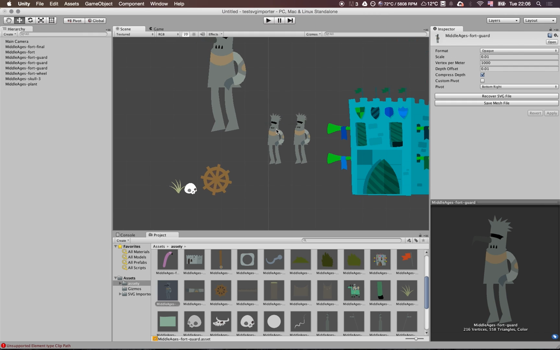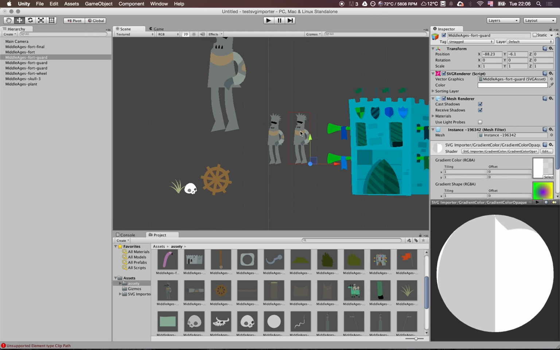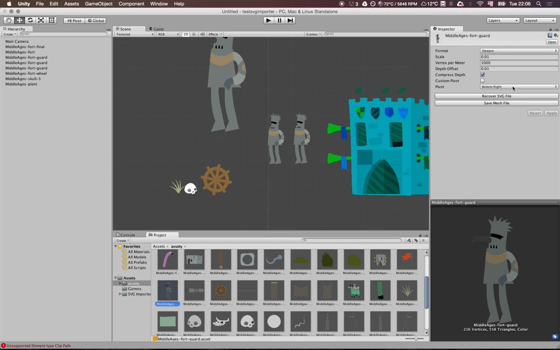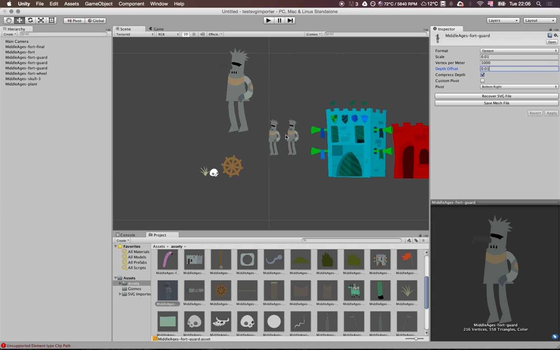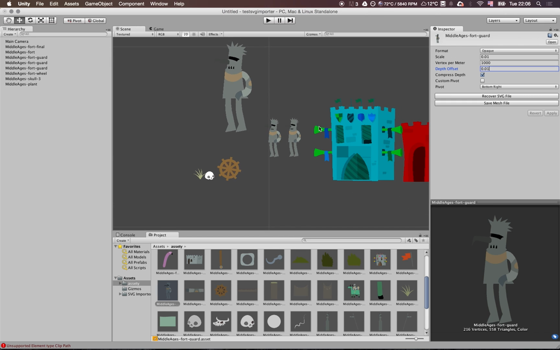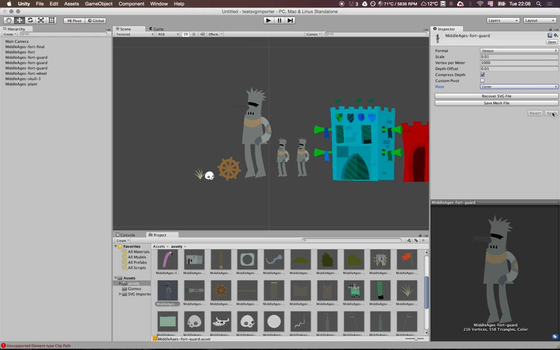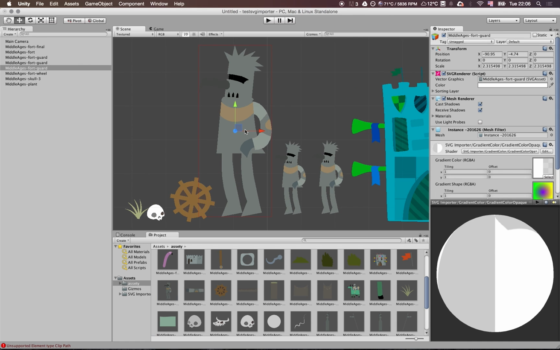And as you can see, all the assets, even if they are duplicated, or even if they are in prefabs, they will automatically update the same way as the Unity sprites will update. So you don't have to update every single asset in the scene. You have to update just the source, which I think is nice. Okay, so now we have the center pivot point,